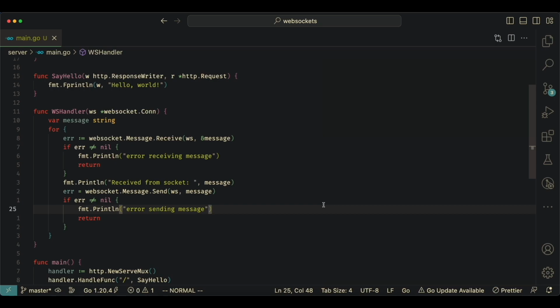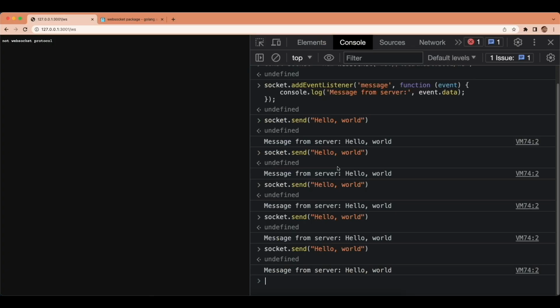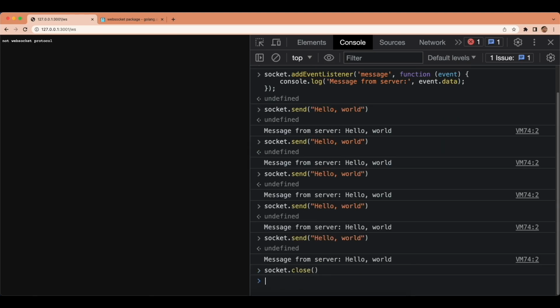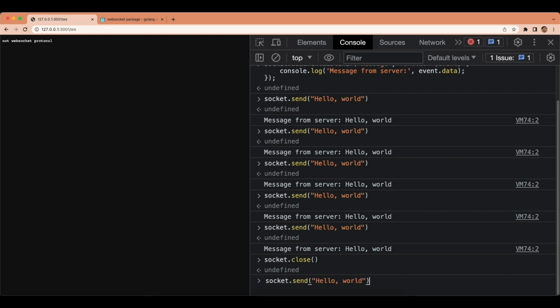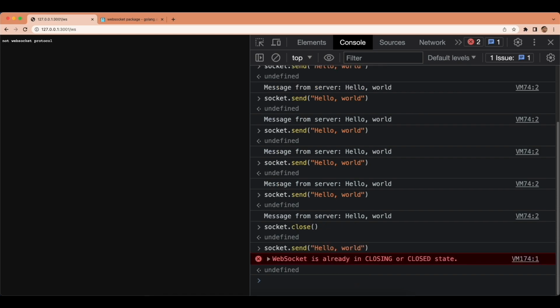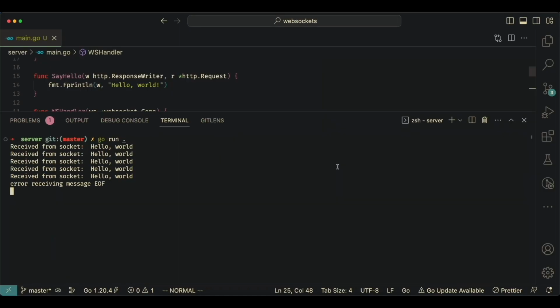The client sending messages to the WebSocket handler. The WebSocket handler is now echoing back all the messages that are received by it from the client. And the way to close the WebSocket connection from the client's end is to just do a socket.close. And now we have closed our communication. If we try to send another message, we see that the WebSocket is already closed and we don't receive that message from the client. Instead, we see an end of file error on the server end when nothing can be read anymore from the